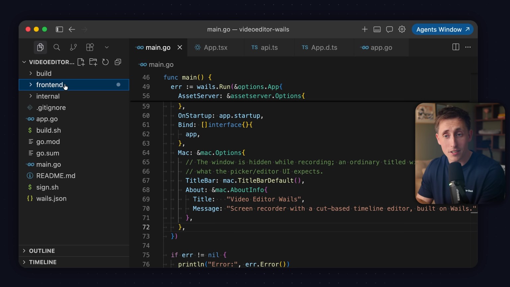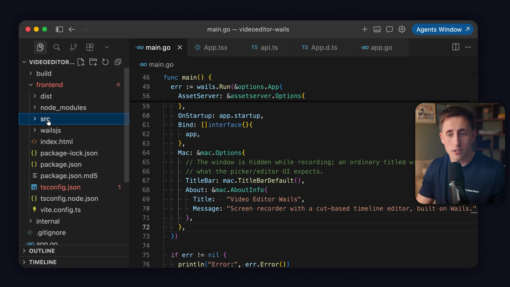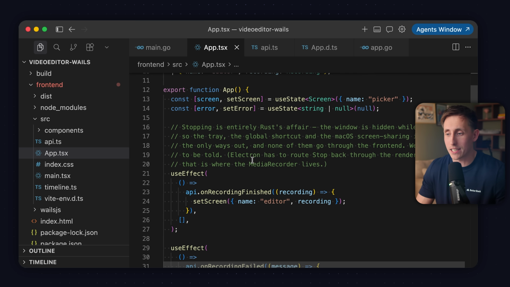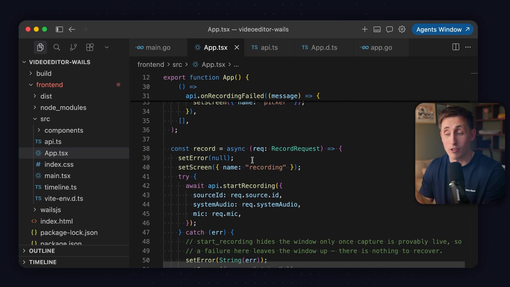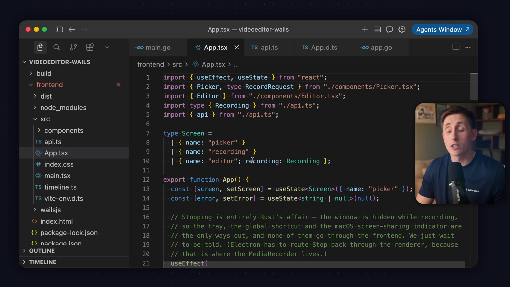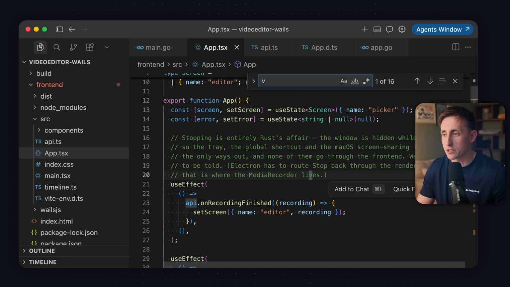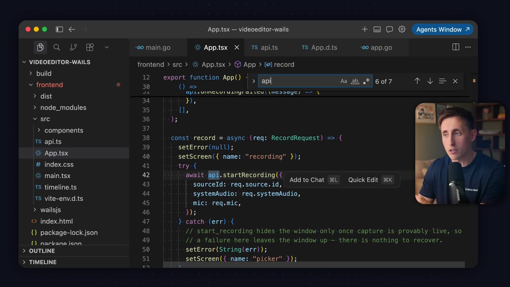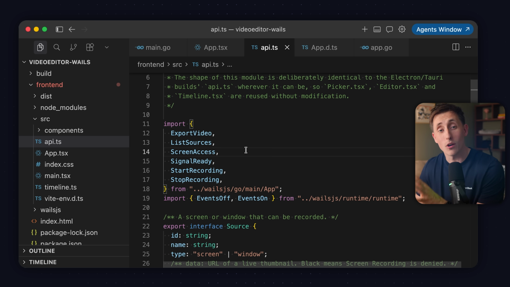Now, if we look inside the front end here, inside source, you would actually see all of the React code. So if we look inside app.tsx, this is just standard React code, except we're calling APIs that are defined on the Go side. So if we look at this import here, API, and see its usages across the file, you can see we're doing API.onRecordingFinished, onRecordingFailed, startRecording, and that API is automatically generated by Wails. So if we look inside the API itself, you can see that all of the core functions are coming from this file here,